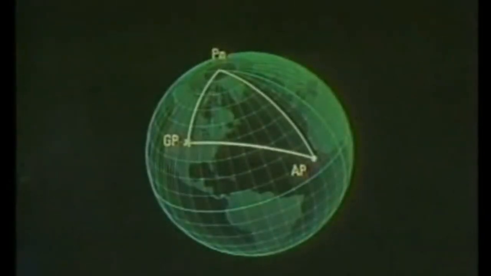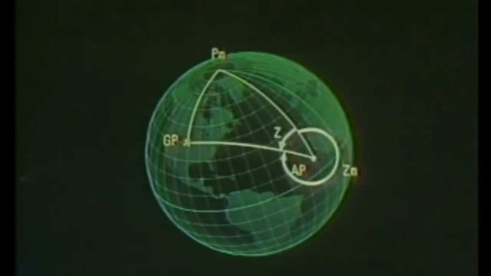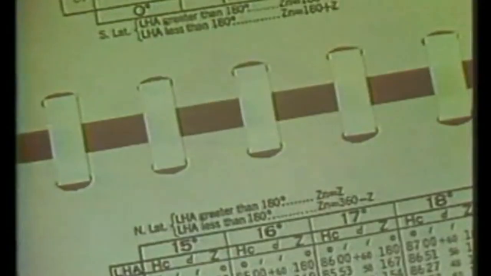The HO 249 tables also give azimuth, the interior angle of the triangle of your assumed position. This angle is referred to as Z. You must then convert Z to true azimuth, or ZN, an angle measured clockwise from true north. A reminder for converting Z to ZN is found in the upper and lower left-hand corners of each page in